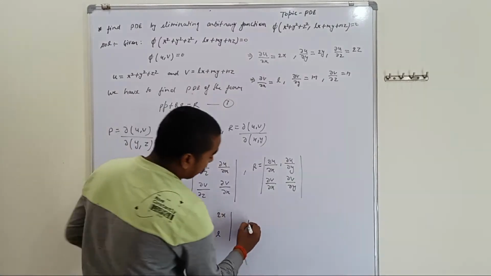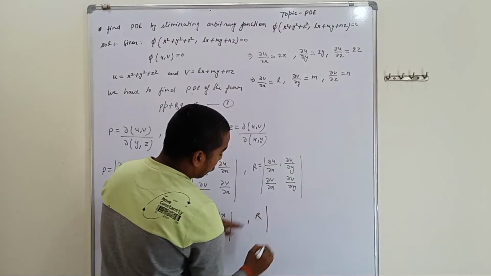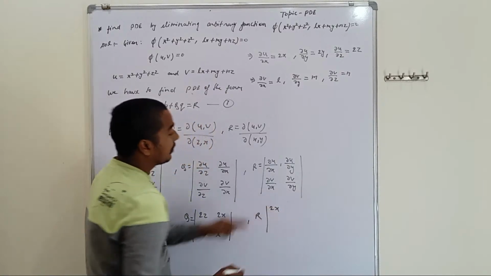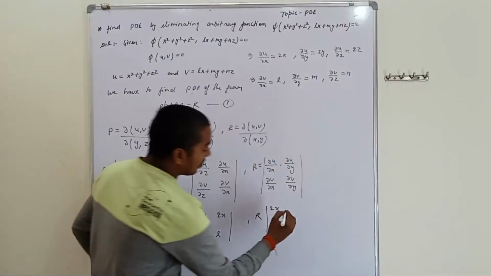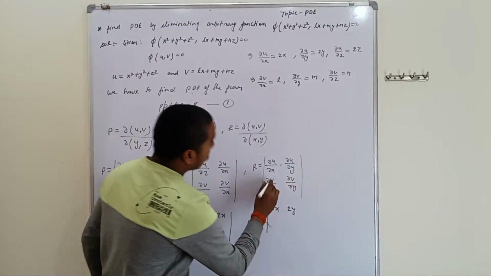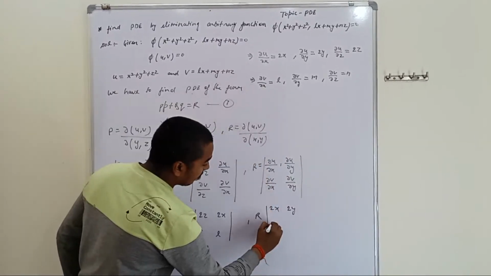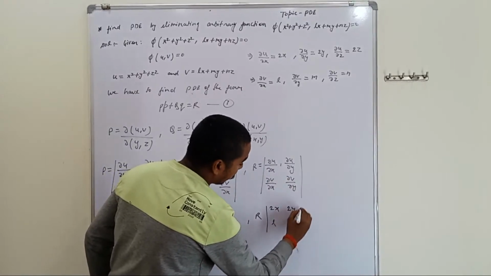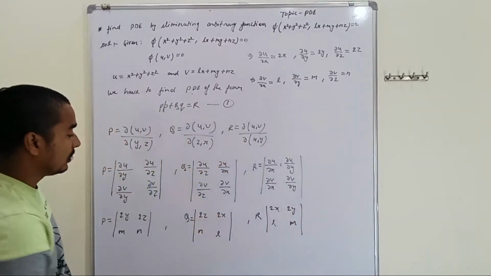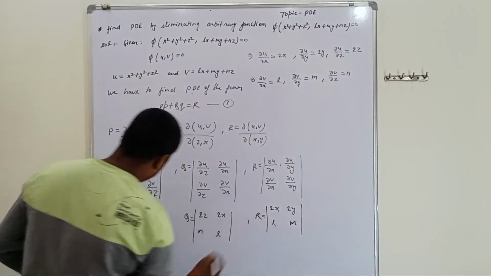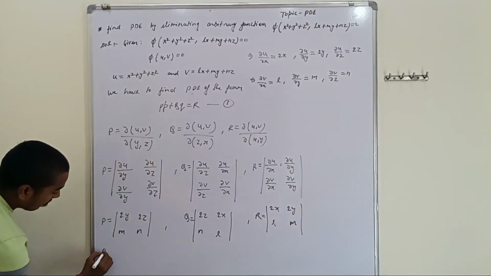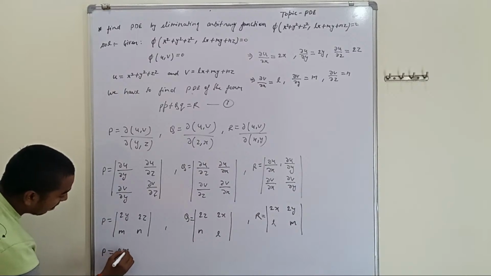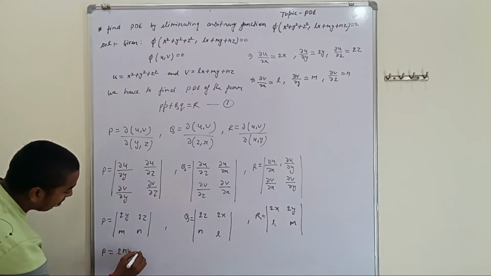Putting for r, del u upon del x is 2x, del u upon del y is 2y, del v upon del x is l, and del v upon del y is m. We have to solve the following determinant, that is for p, on cross multiplication, that is 2ny minus of 2